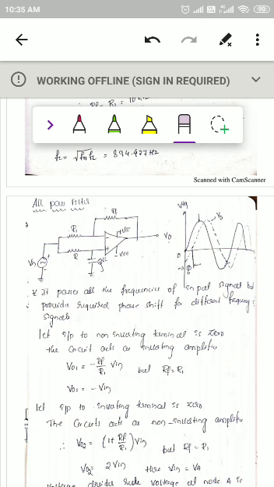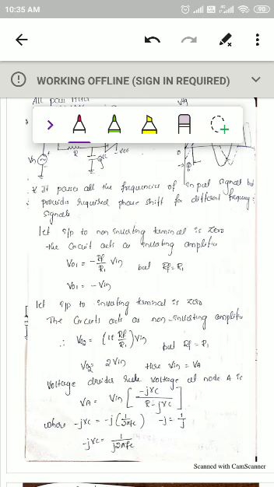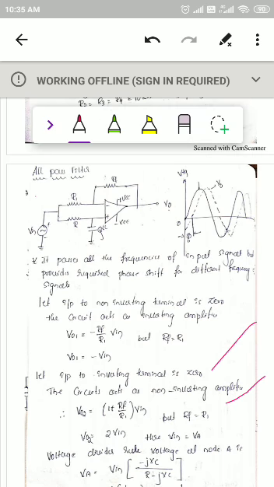In the second case, the input to the inverting terminal is 0 now. So with the input to the inverting terminal being 0, the circuit is operating as a non-inverting amplifier. Here is your circuit. This input is made 0, as an assumption. Now the input is applied to the non-inverting terminal, right? That is why, when the input to the inverting terminal is assumed to be 0, the circuit operates as a non-inverting amplifier. In that case I am taking the output voltage as VO2.